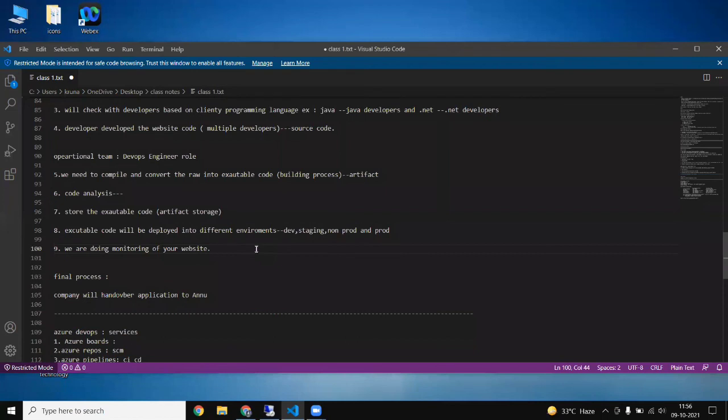That's why we are calling this DevOps technology the best, and CI/CD pipeline is booming in the market, because